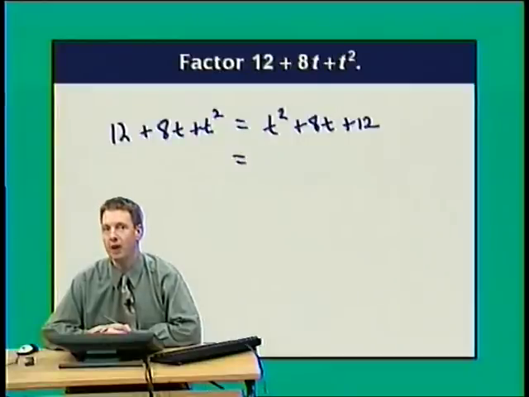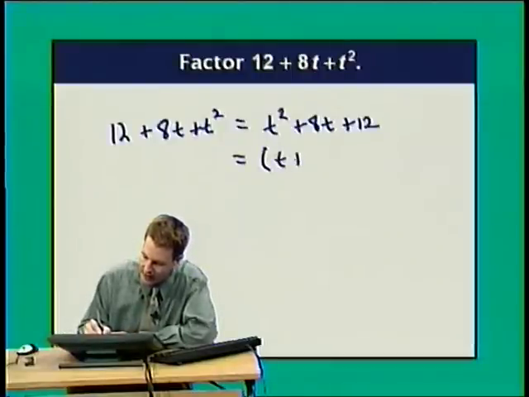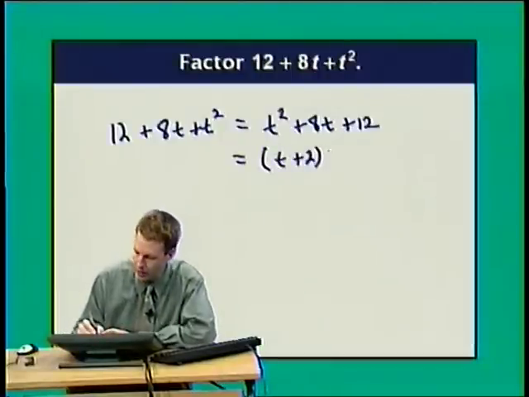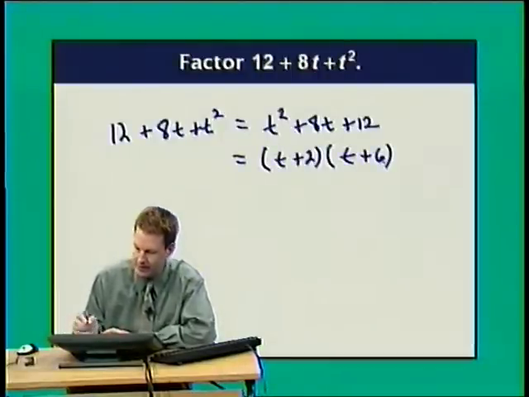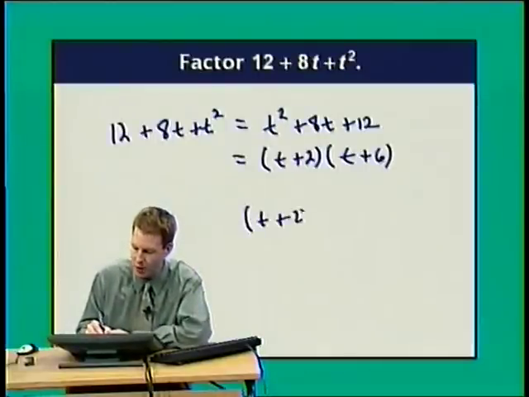So what am I looking for? I'm looking for two numbers that multiply to 12 and add to 8. I came up with them right away. It's 2 and 6. So how does this factor? It factors into t plus 2 times t plus 6. I think I am going to check this one just to remind you why this sort of guess